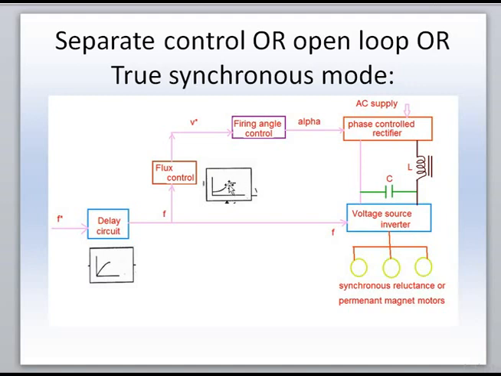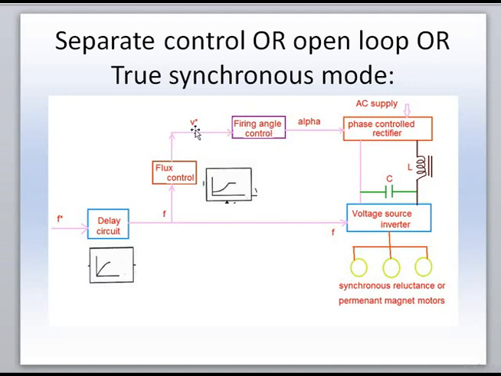That means below the rated speed, the voltage will linearly increase based on the frequency. After reaching the rated frequency, the voltage will saturate, that is it goes to the maximum value, that is the rated value. With that only you are controlling the entire scheme. Okay, so see here, V star is the reference voltage which is generated based on the flux control block.